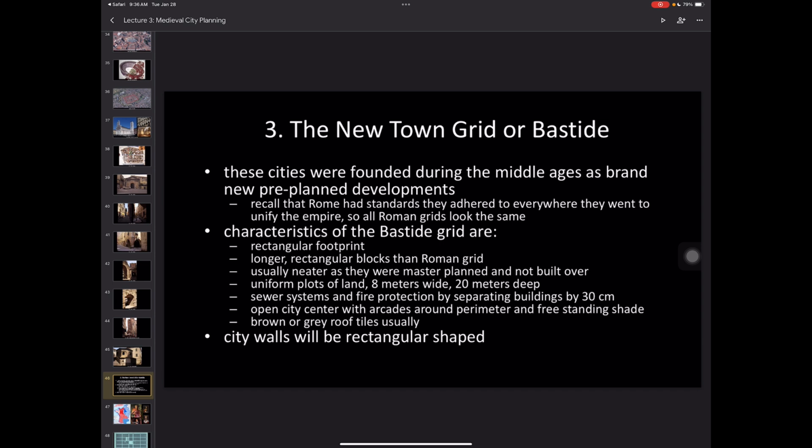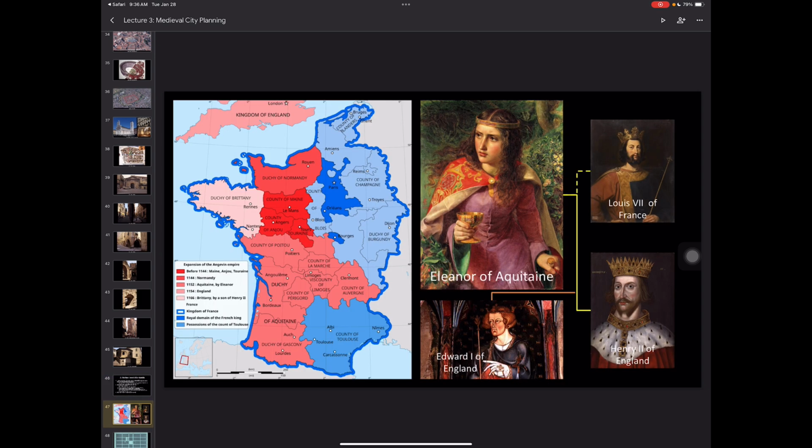So we're going to be talking about this pink section down here, which is the Duchy of Aquitaine, right? And the Duchy of Aquitaine had a duke, right? And he had a daughter, and he didn't have any sons, and so Eleanor of Aquitaine becomes the heiress of this entire plot of land right here, which is huge. And at this point in time, it is not part of France. So the French king obviously becomes quite interested in her, right? She's a single woman with all of this to inherit. It is a great match on both sides, right? She becomes the queen, and he inherits all of that land.